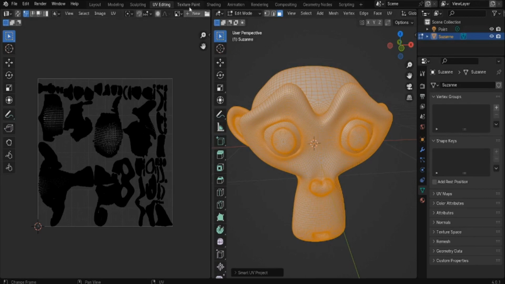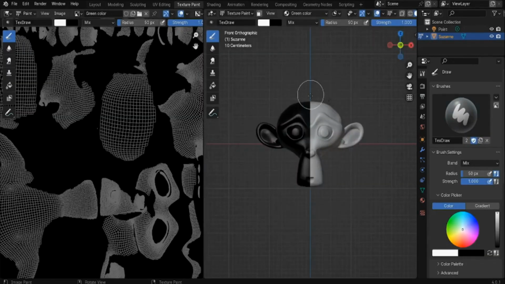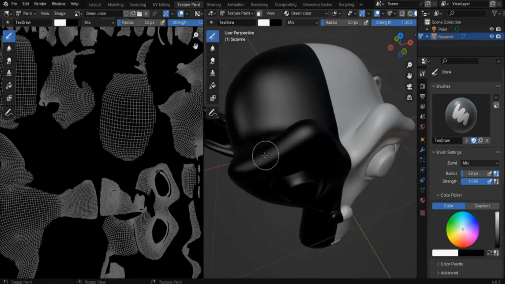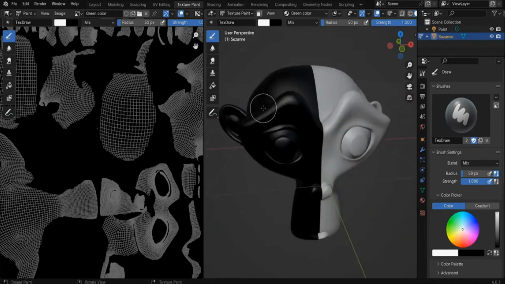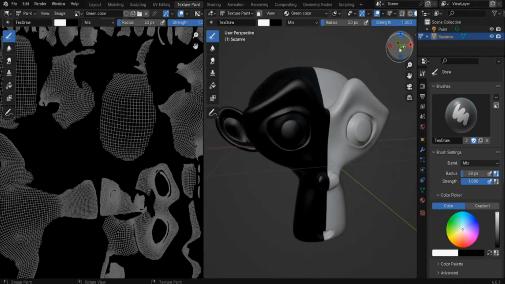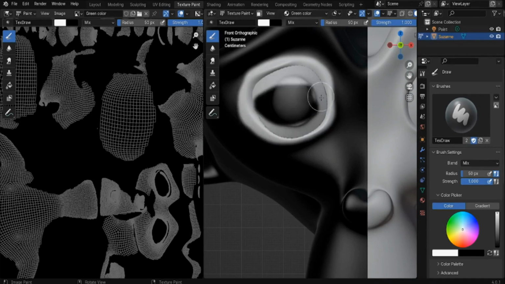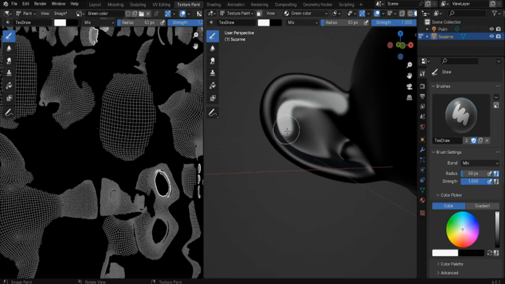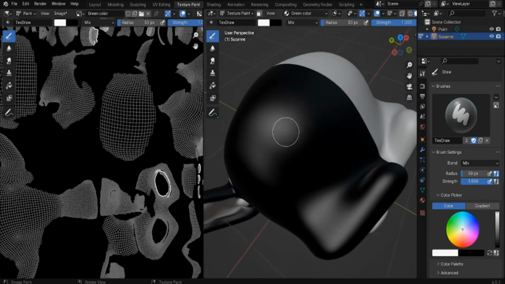Alright, now what you need to do next is this. Go here under Texture Paint, select your brush, make sure that the color is set to pure white, and now just paint. Wherever you want your monkey to be green, just paint. Now I'm going to paint this eye, okay, like this. I'm going to paint this ear, and I'm going to make a few drawings on the rest of the monkey's